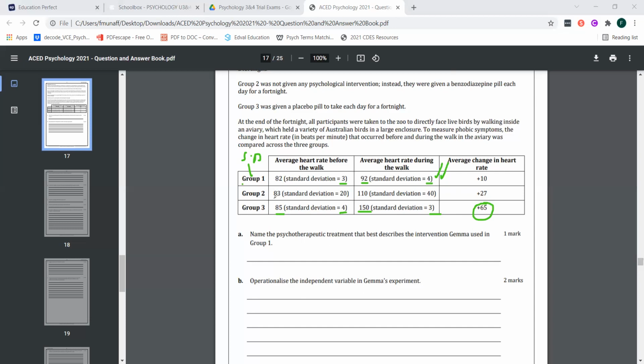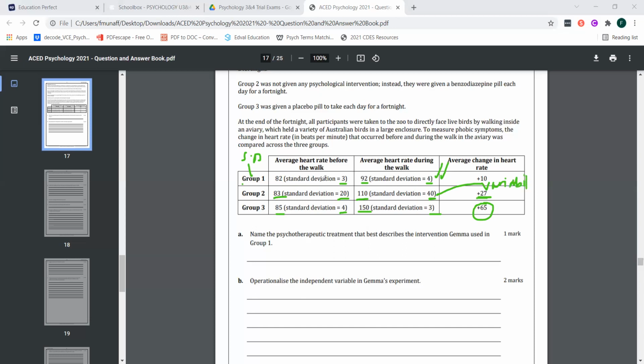Group 2, however, has gone up as well by 27 beats per minute. So the heart rate has gone up, indicating that they are still scared. But you notice that the standard deviation, the difference between that, is a lot higher. So you've got a 40 standard deviation here, and you started with 20. Which means that there's been an increase of 20 standard deviation points there. So that's showing you that there's a lot more variability within group 2,